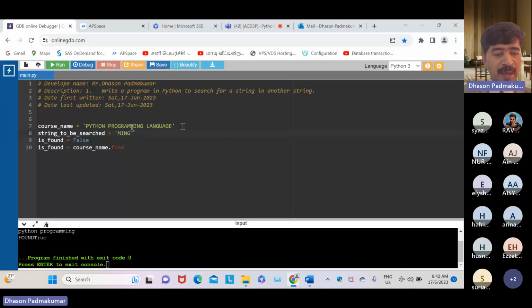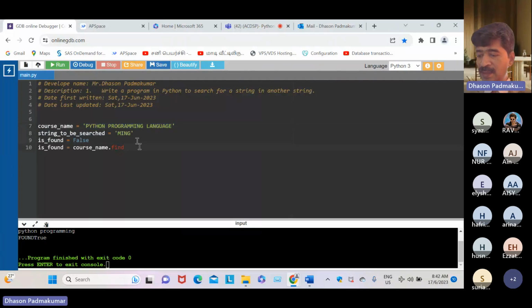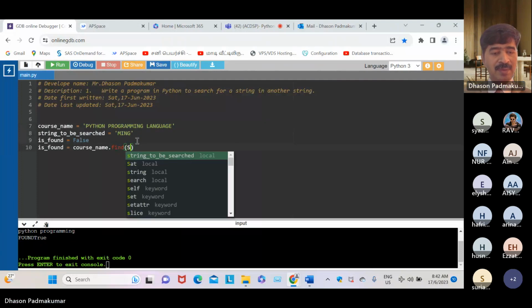We know that mink, a substring, a small piece of text, is found inside. But we're going to write a program to check whether this keyword mink, the letters m-i-n-k, is found inside this string. So find, and next is dear student, you can name it as string to be found.